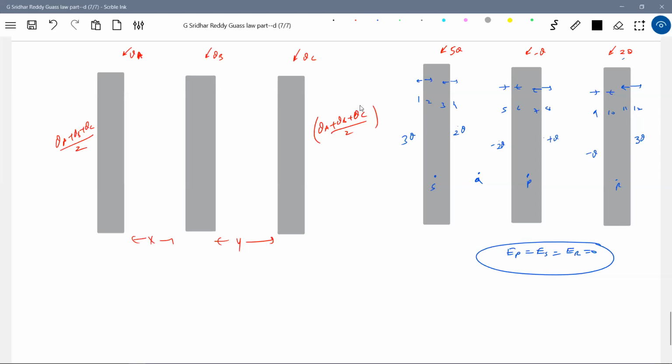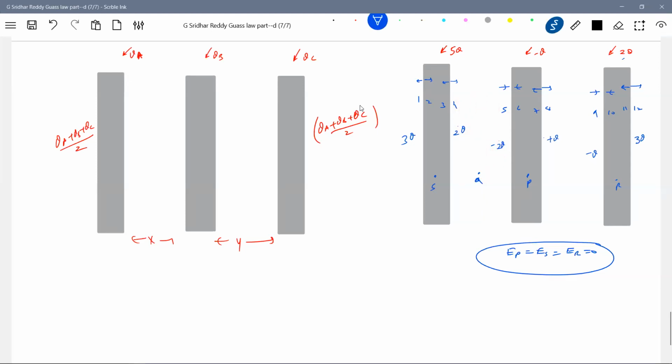Try to eliminate. Don't write all the equations your teacher is showing; this much time will not be there. Due to 2 and 11, the field at A will be equal and opposite. Similarly, due to 4 and 5, it will be non-zero. 7 and 9 will again be equal and opposite: due to 7 towards left, due to 9 towards right. So the net field at A is only due to this.